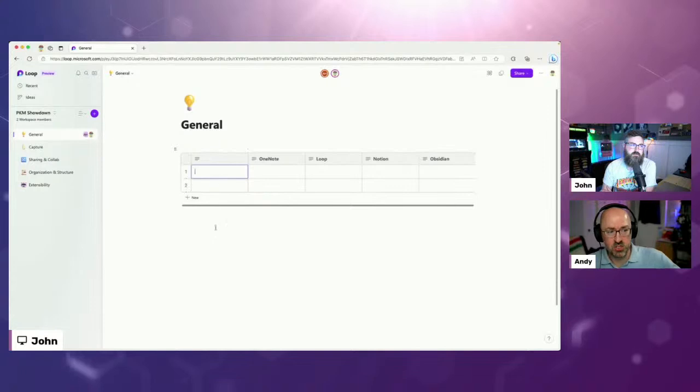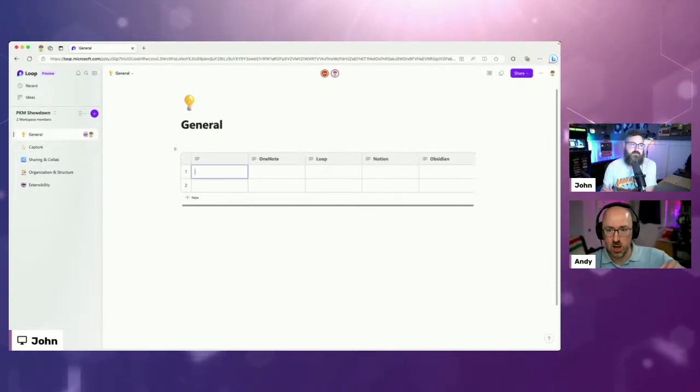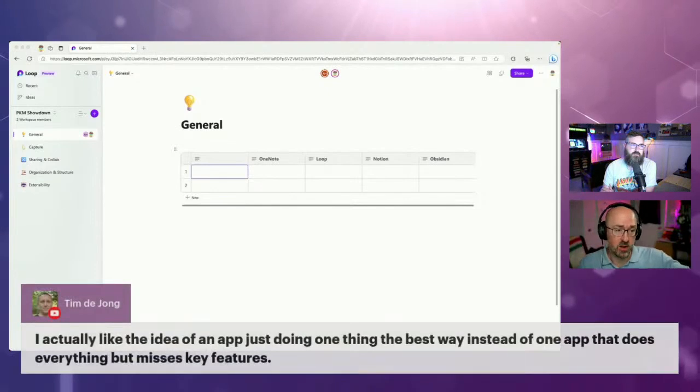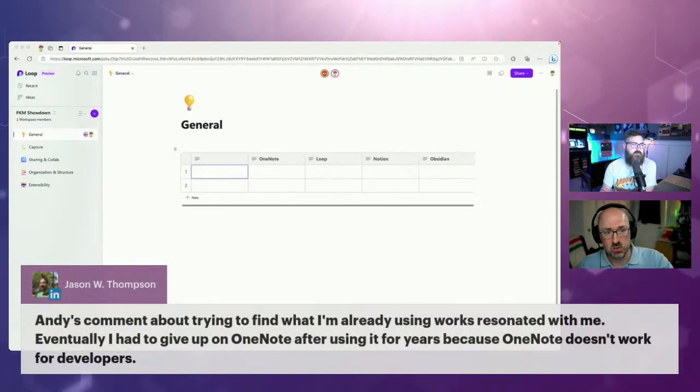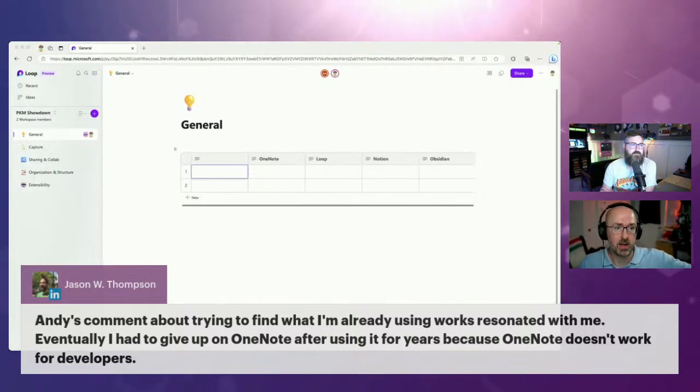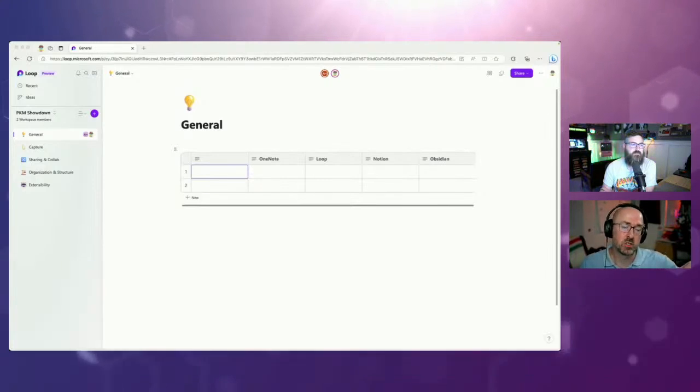As I mentioned that, I want to also mention as we've gone through this exercise, I find that I circle back to OneNote in comparison to some of the other applications, partly because it's in the Microsoft suite, but also some of the integration that's built into the Microsoft suite. So we'll compare some of that with the Loop features as well.